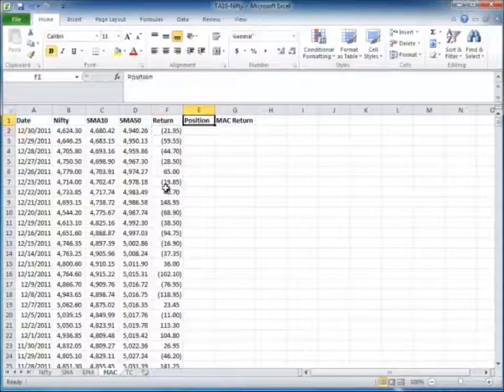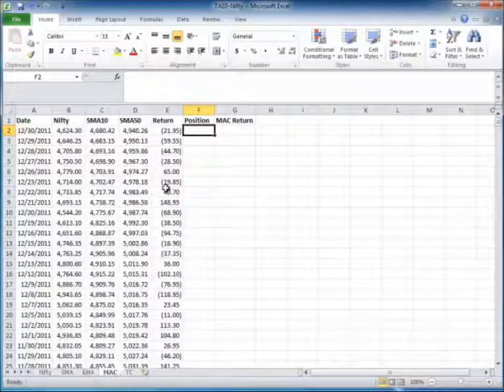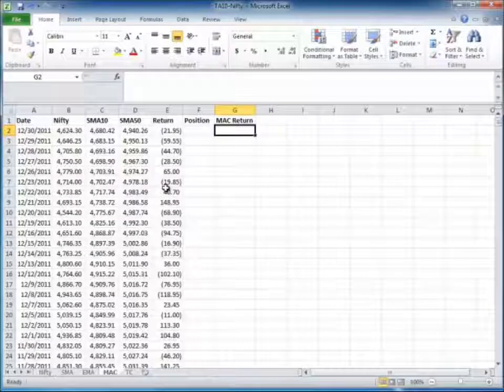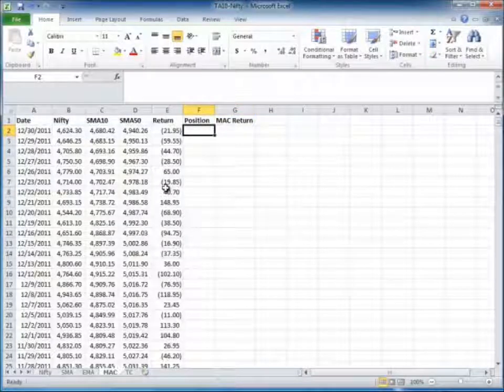Whereas this one will be the position that I take, so either long or short, and this one will be the return from that long position or that short position. Alright, so let's remember our criteria for this moving average crossover strategy. Whenever the simple moving average, that is SMA 10, is greater than the longer dated moving average, that is SMA 50, then I want to have a long position, and whenever it's lower, I want to have a short